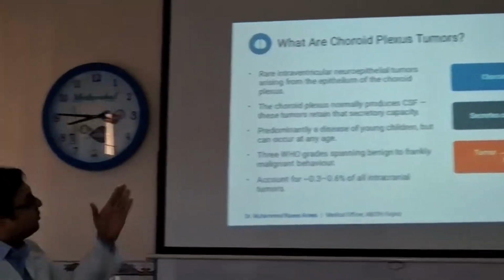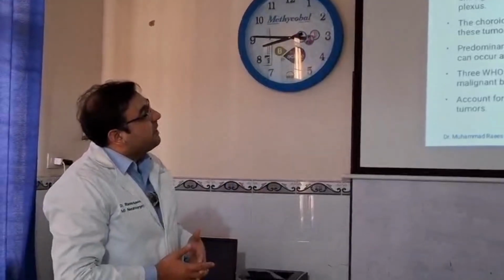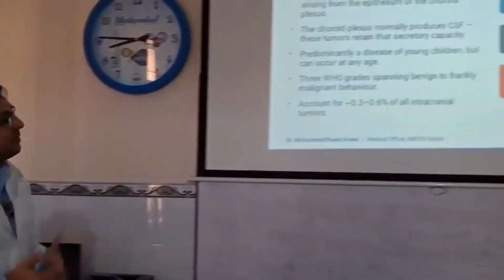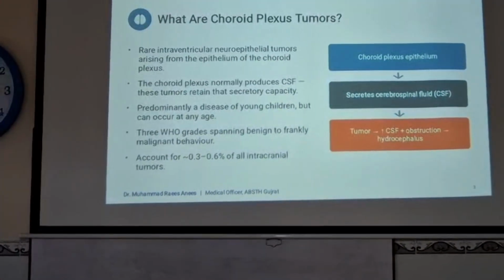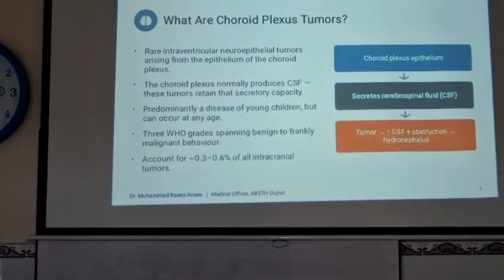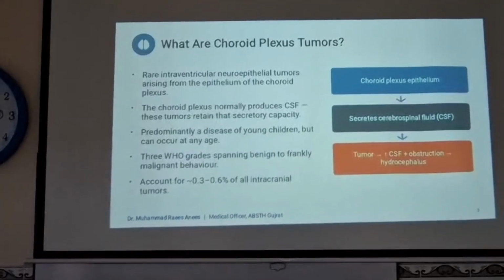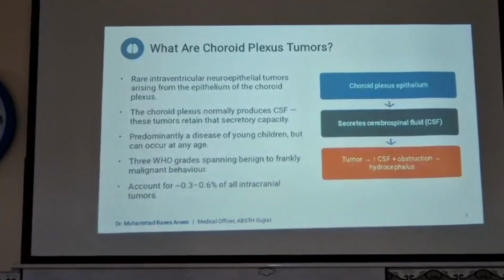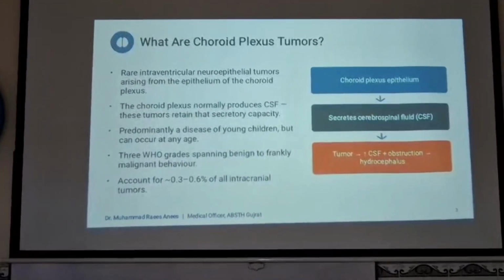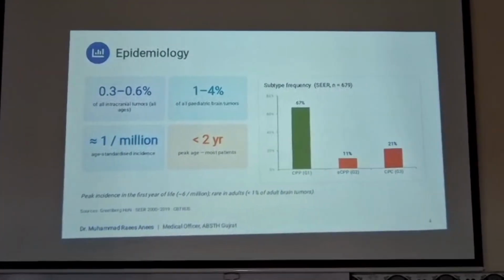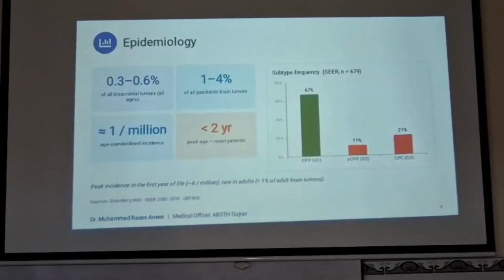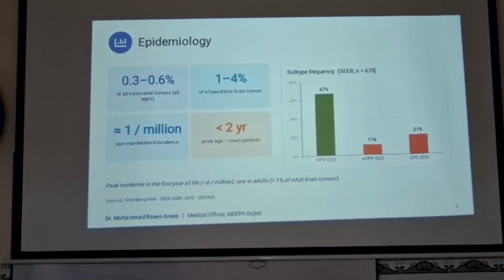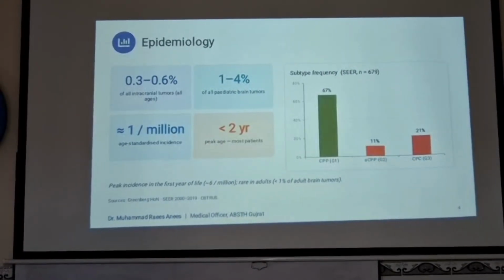intracranial tumors. So it arises from the choroid plexus epithelium, secretes the cerebrospinal fluid, and then the tumor causes increased CSF production and obstruction, and further causes hydrocephalus, and the patient comes with the symptoms of hydrocephalus or increased ICP. So epidemiology: it is 0.3 to 0.6% of all intracranial tumors, all ages, 1 to 4% of all